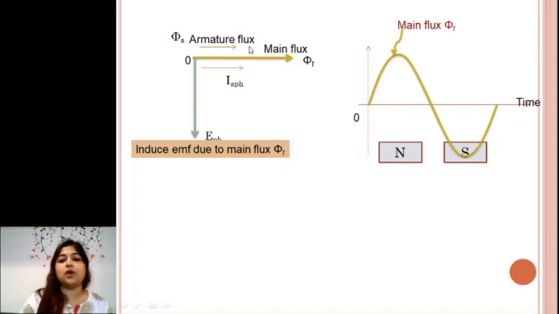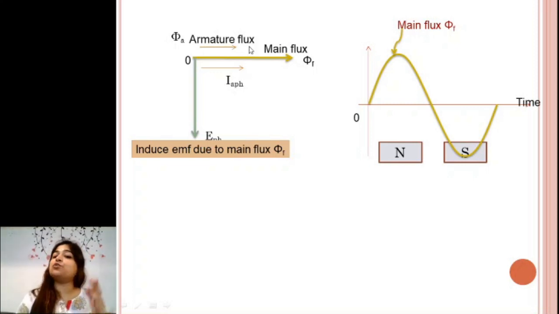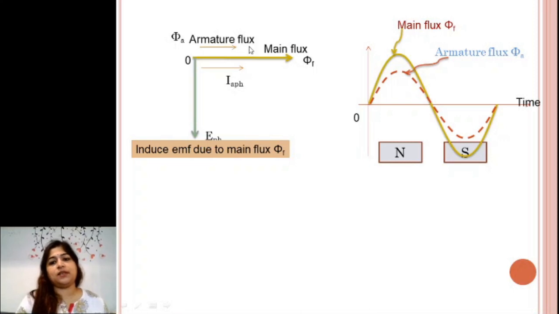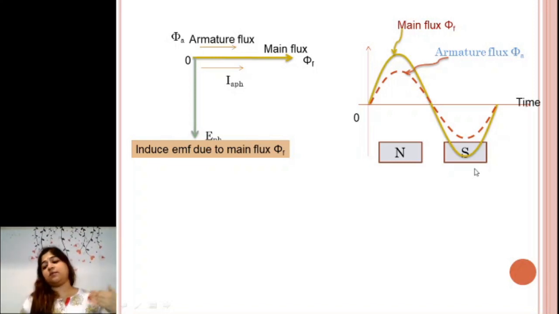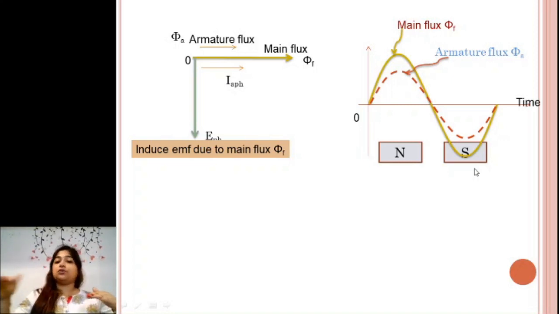Let's see the same thing on the waveform. If this is the waveform main flux phi f, okay? So where I should draw the phi a, which is armature flux, it should be in same phase. Fine, the magnitude can be different, but it should be in same phase. Now you see, it is supporting each other, both are adding to each other, overall flux in the air gap increases, and hence EMF induced, which is proportional to flux, also increases. To maintain it constant, you need to decrease the field excitation.